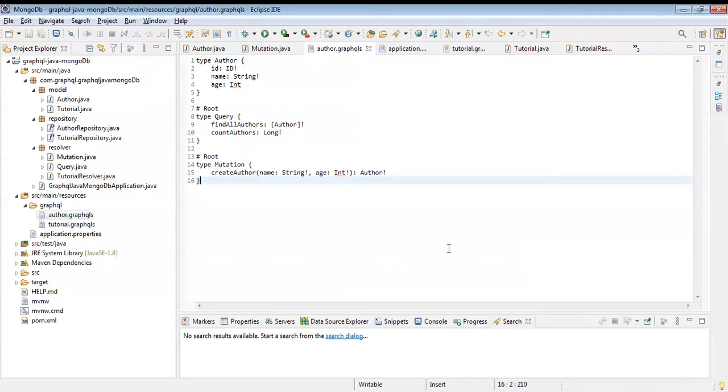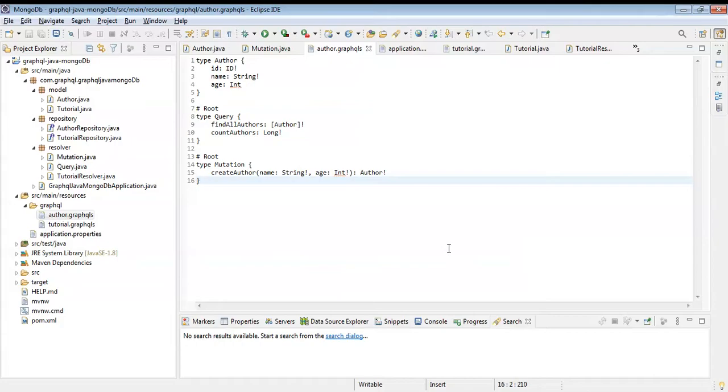Let me give you a brief overview of REST and GraphQL. REST works on the concept of resources, which are manipulated through HTTP methods. But the problem with REST is that we cannot get data from multiple resources at the same time. In GraphQL, we have the flexibility to get data from multiple resources. It's simply a query language for APIs, and it allows clients to specify exactly what data they want.